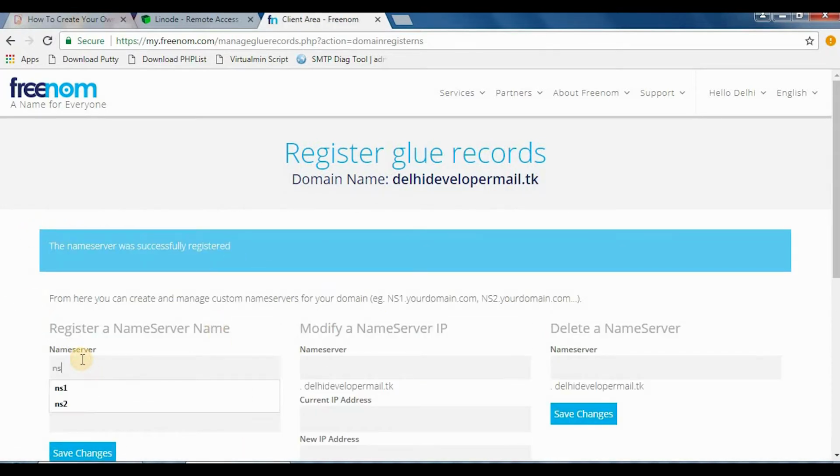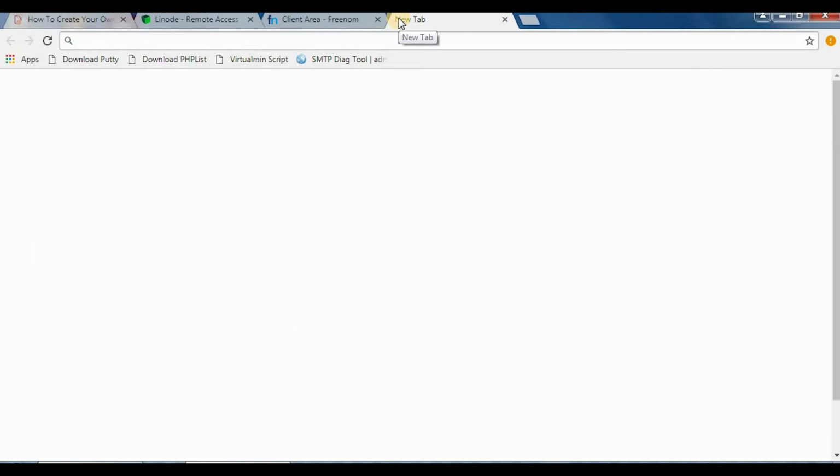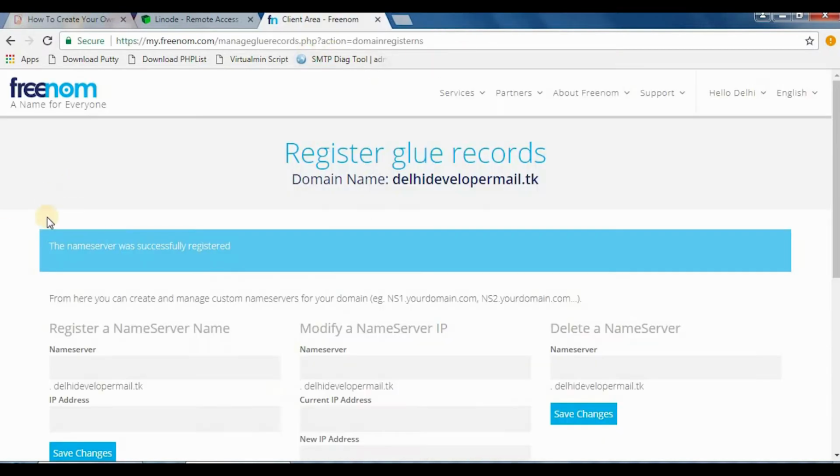I'm going to again type ns2.delhidevelopermail.tk. I'm going to paste my IP address and click on save changes. So my glue records have been saved. Now in case I want to check whether the glue records have been updated, whether the name server has been updated globally,